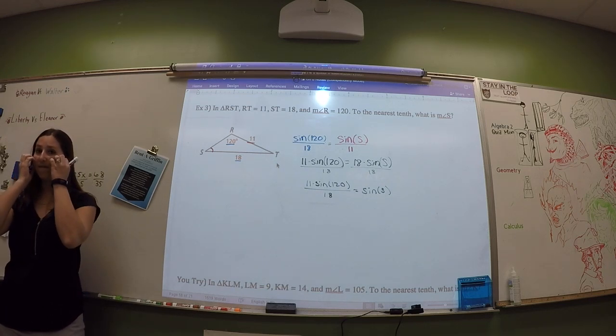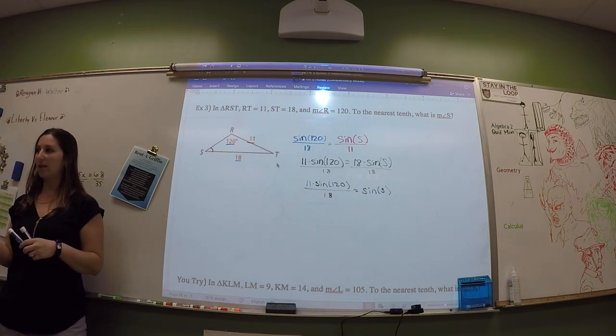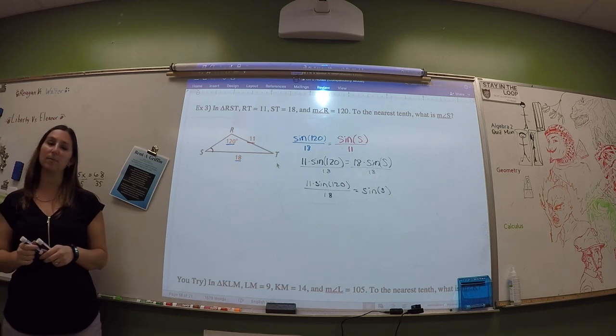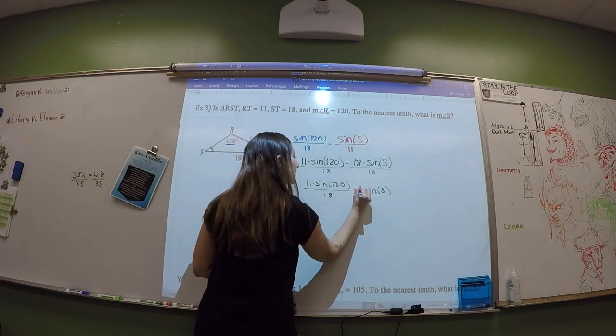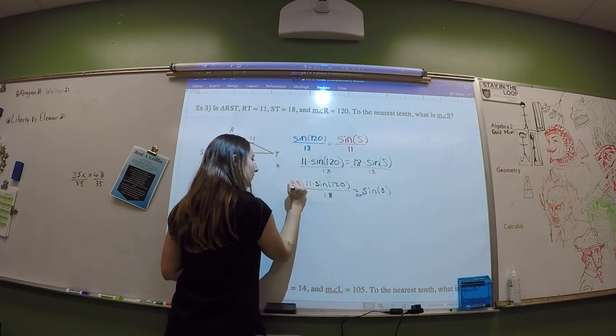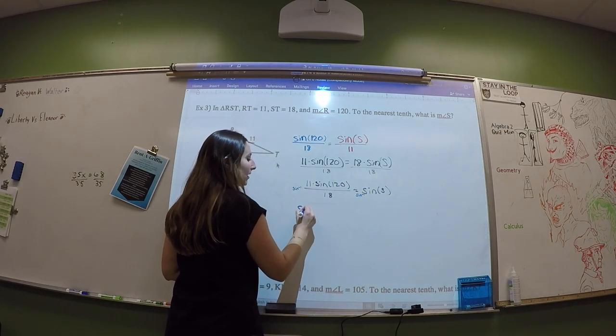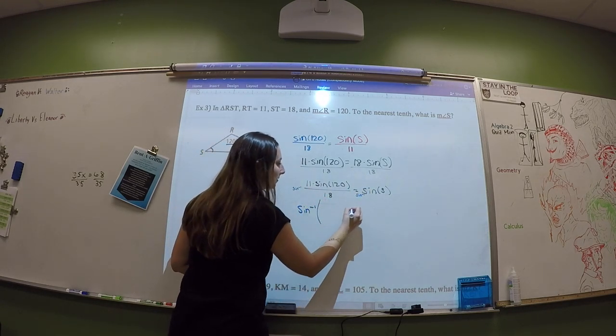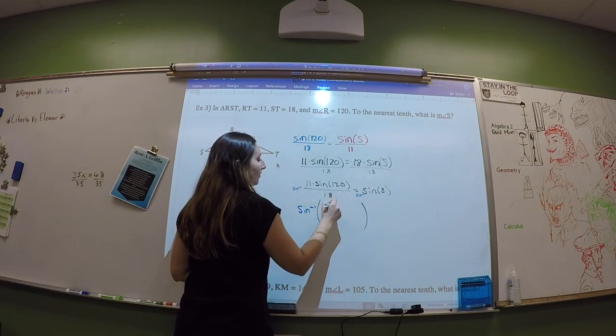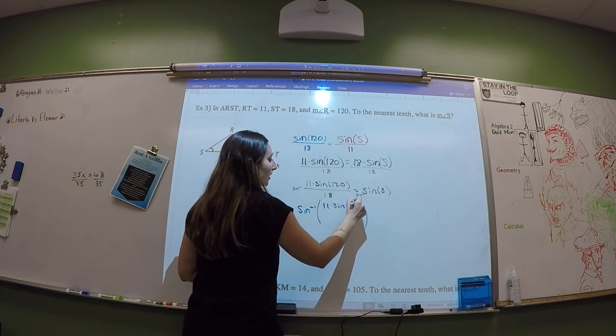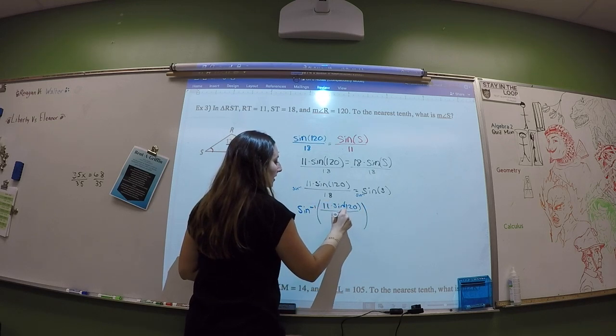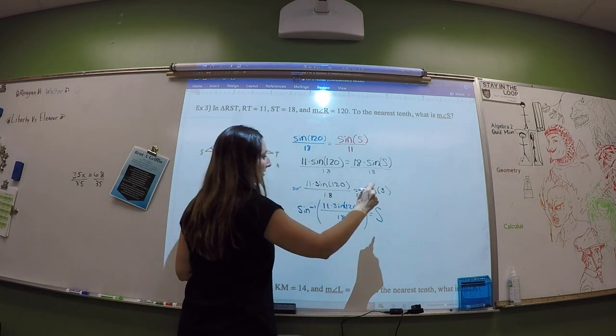I use the inverse sine. So that's the sine with the -1 exponent. So it's going to be the inverse sine of 11 times sine of 120 over 18 equals S, because these